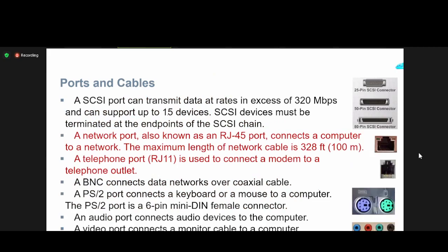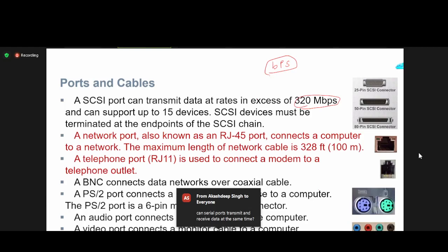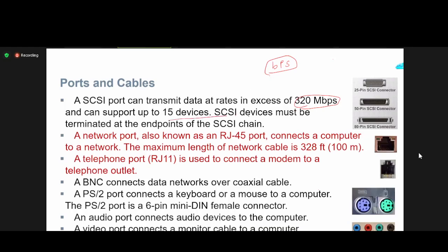A SCSI port can transmit data at a rate in excess of 320 megabits per second. Megabits per second or bits per second, bps, is a data transfer rate. We define the data transfer rate in bits: how many bits can be transferred per second, per tick of clock, right? So it can support up to 15 devices. SCSI devices